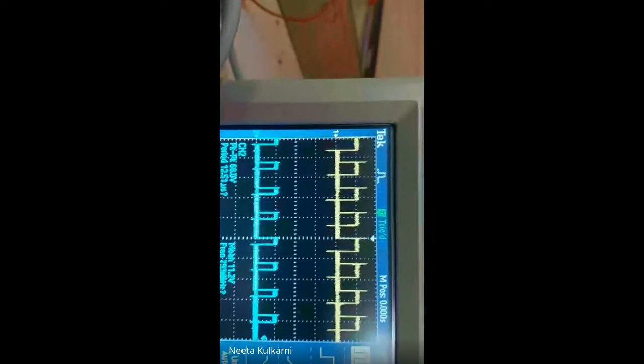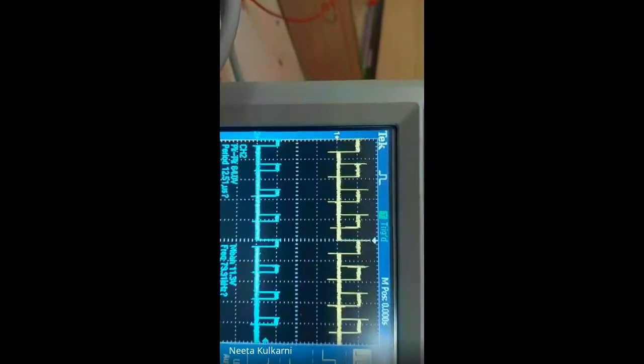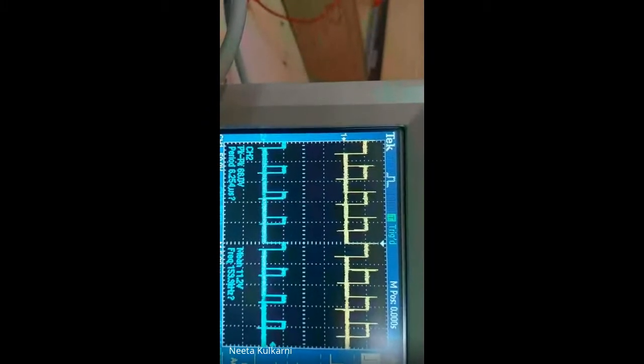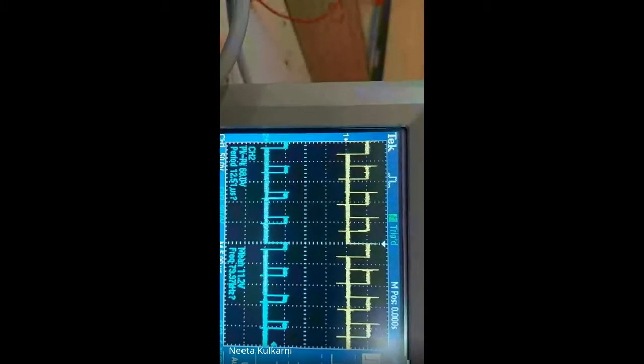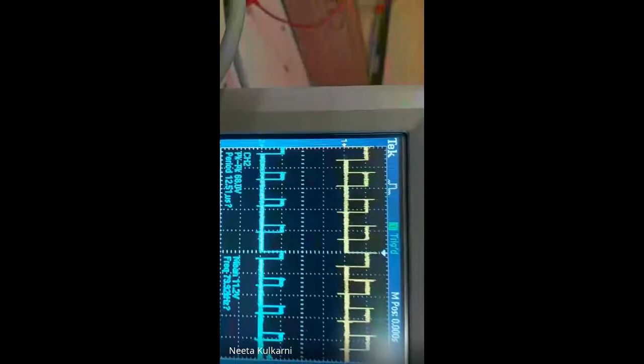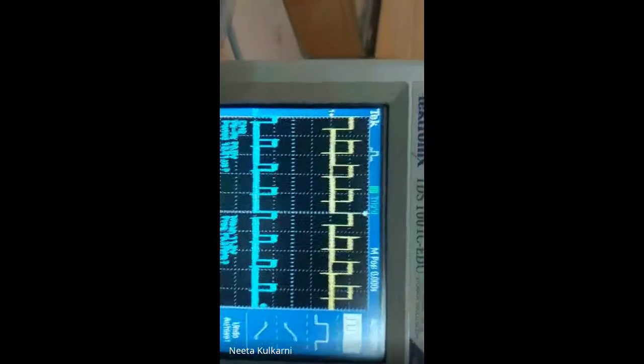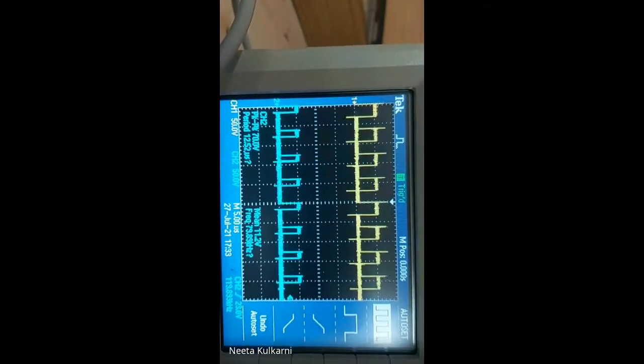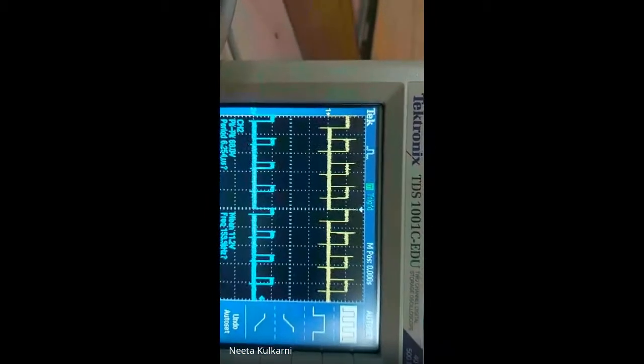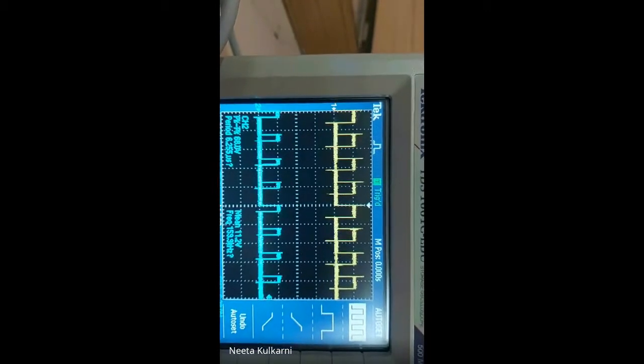So the yellow colored output is for NRZ and the blue colored output is for the RZ format. So if you see the output, there is a change in the respective formats.